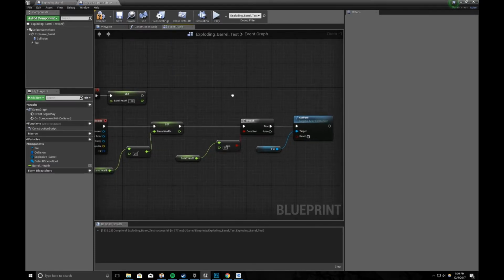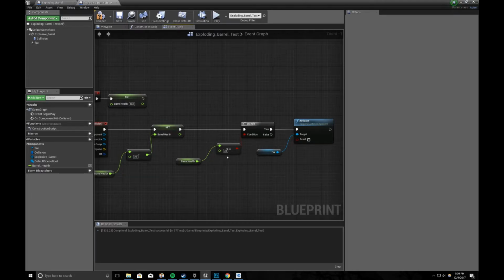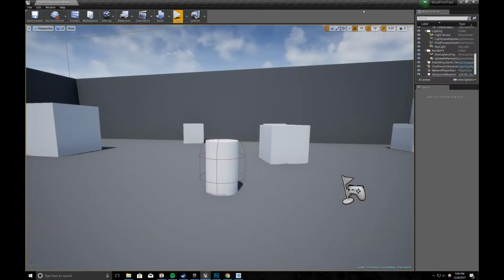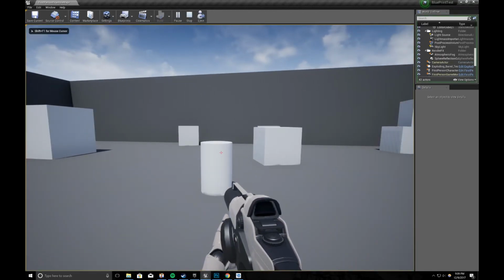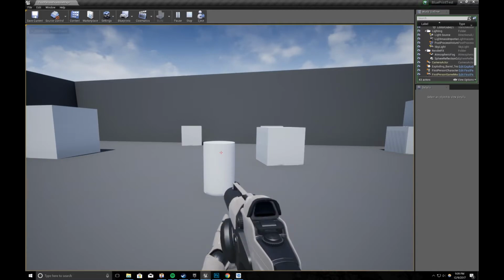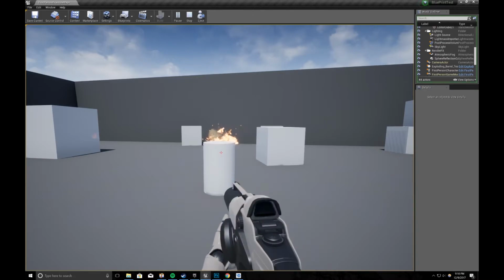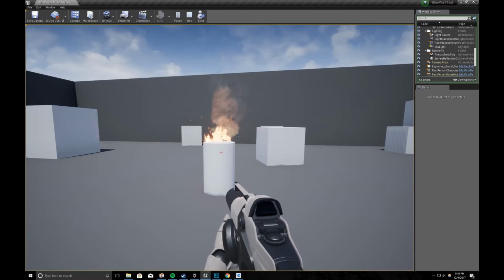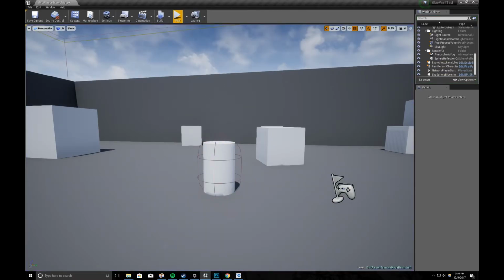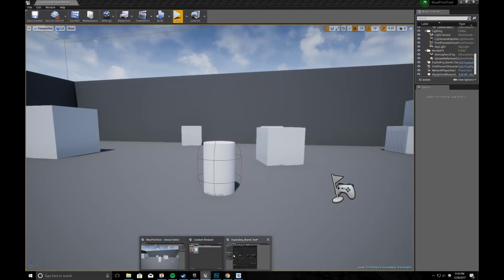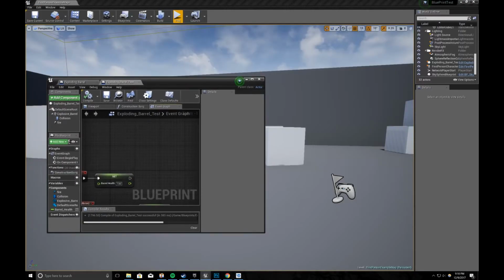So if the condition is true that the health is less than or equal to 25, the fire should turn on. So let's see what happens. Compile, save, play. I'll hit it. So it took damage. Just to go back and check that it's actually working, we can bring the blueprint editor to this screen, minimize it,